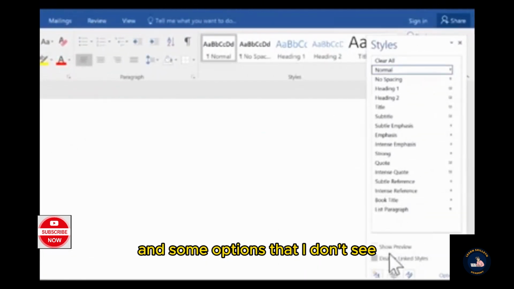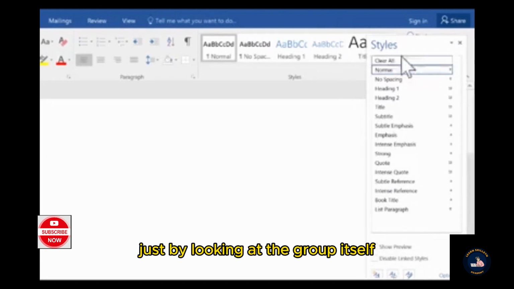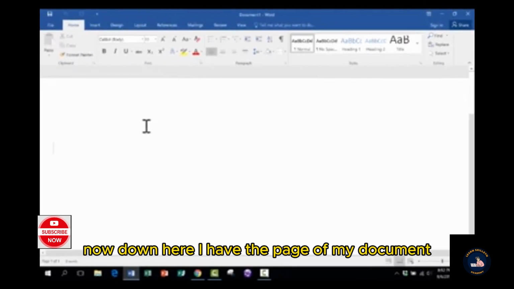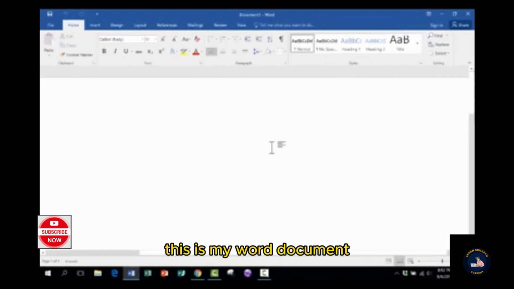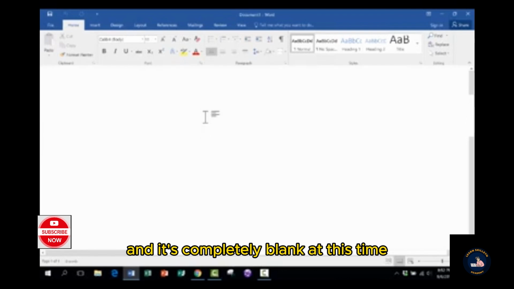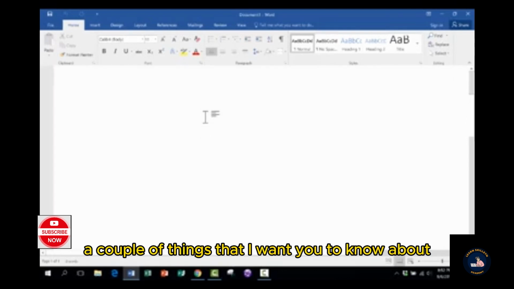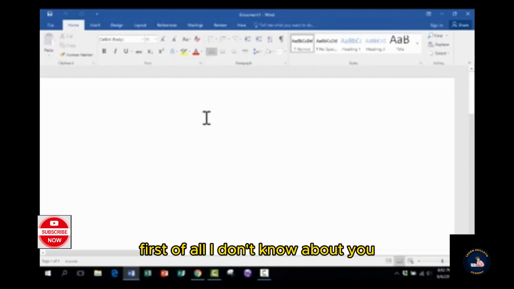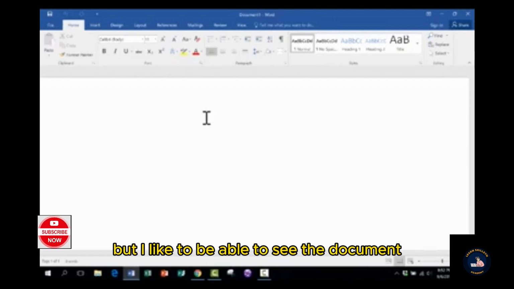Okay, now down here, I have the page of my document. This is my Word document, and it's completely blank at this time. A couple of things that I want you to know about before you get started making a document. First of all, I don't know about you, but I like to be able to see the document, at least its width. And so I'm going to go down here in the lower right corner and change the